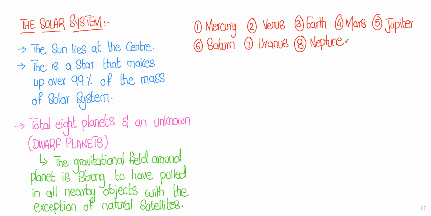In old books, you will also find the name of Pluto in the solar system, but now Pluto is considered a dark planet. That's why we exclude Pluto from our solar system. Now we only have 8 planets in our solar system, starting from Mercury and ending at Neptune. So that is the concept of the different planets in our solar system, and this is the sequence of the solar system.